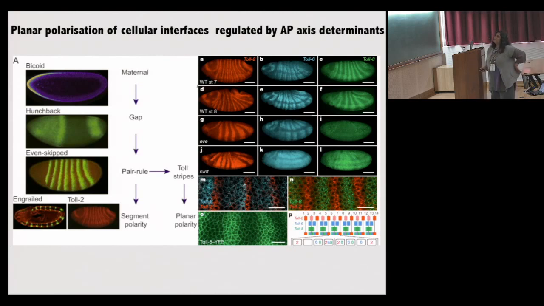What's also true is that the genes whose expression depends on these gradients, in the domains of the germ band which is actually extending, also govern this planar polarization of cellular interfaces. So if you knock down genes like Runt and Kruppel, which are sort of next in the hierarchy after these maternal gradients, they also disrupt this polarization. So what that tells you is that